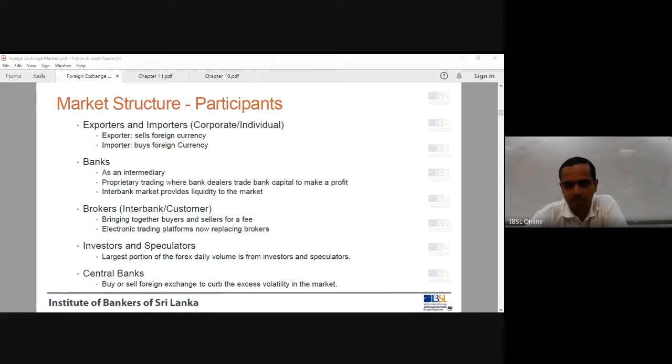Any idea? Who invested in commercial bank? Very good. Fantastic. IFC invested in commercial bank. About 10 billion rupees. Okay, so 10 billion rupees is about what? $50 million. Yeah. So IFC is basically investing around $50 million in Sri Lanka. So this will have to be converted into rupees and then invested.